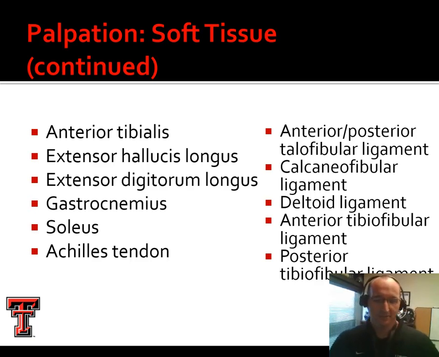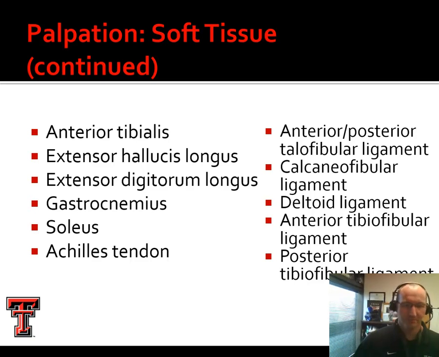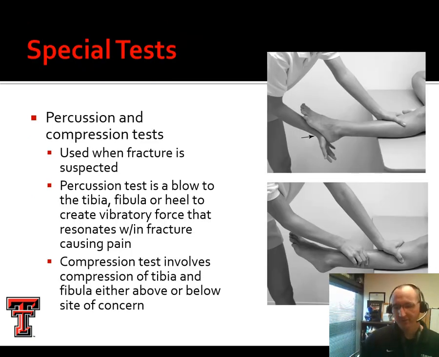On the medial side, it's much easier. We just talk about the deltoid ligament. There are specific bands of the deltoid, but they're thick, they're fibrous, it's hard to really differentiate them. So generally we just say deltoid. Easy enough. Okay, for special tests in the foot, or rather in the lower leg, first thing we'll do are